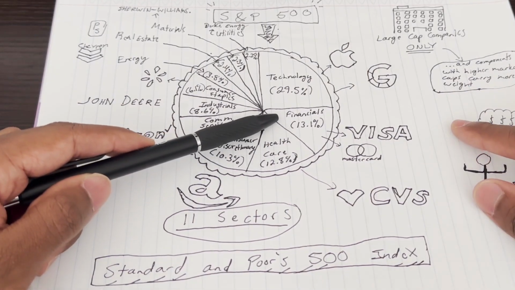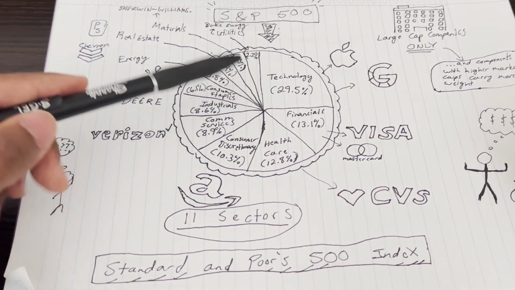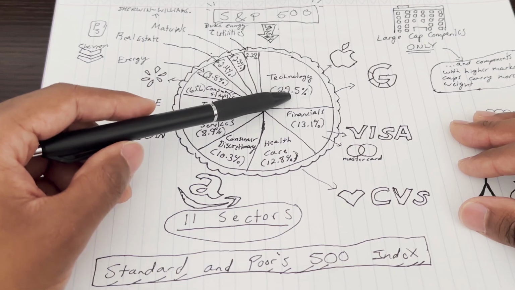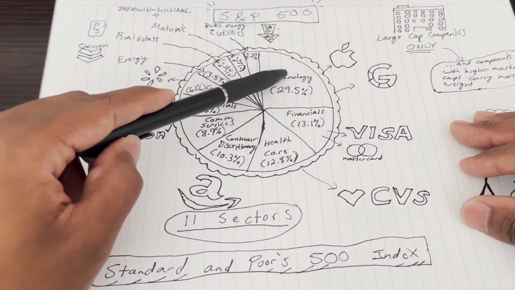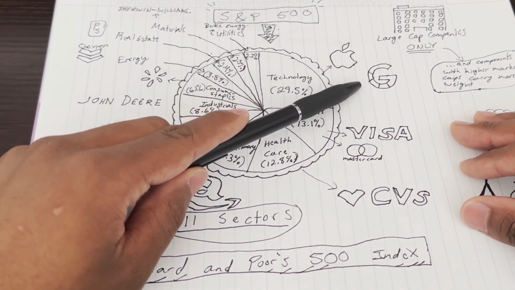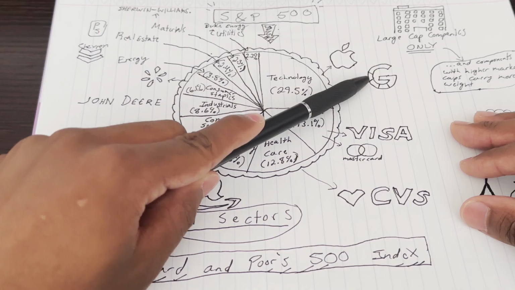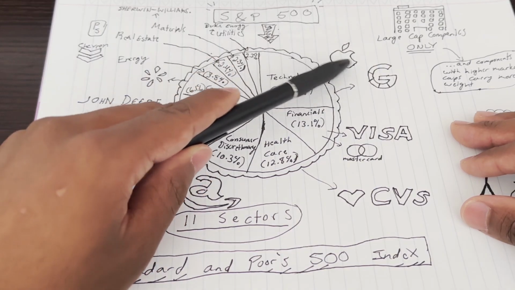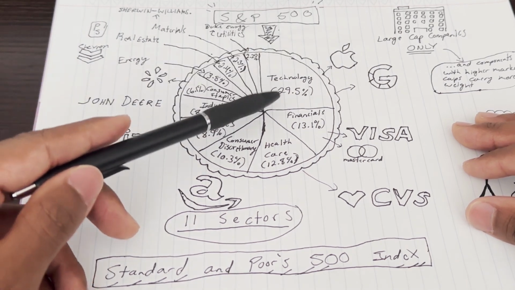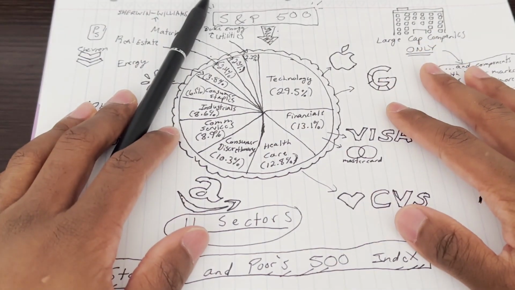And I'll also mention that this is a self-correcting thing. So this index, once you buy an index fund, which we'll talk about here in a second, or an ETF even, what happens is, let's say Apple and Google are within this slice of technology. Let's say Apple is above Google in terms of how much money goes into Apple. Well, if Apple stops performing and Google's constantly improving, they might say, you know what, Apple, you're going to get knocked down a few notches. We're going to bring Google up. And that's going to improve the whole fund, which is why this is one of the more secure investments that you can buy. Anyway, that is the S&P 500.